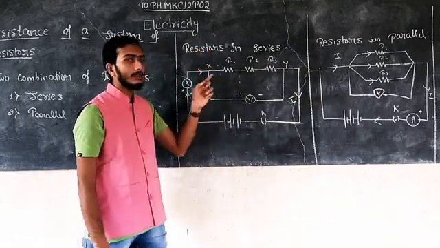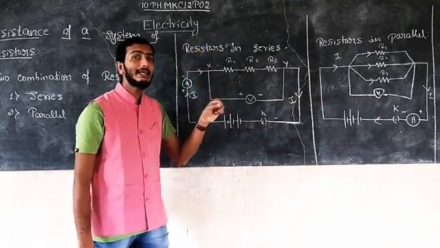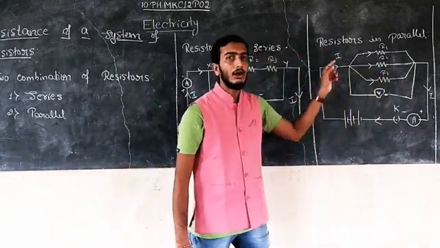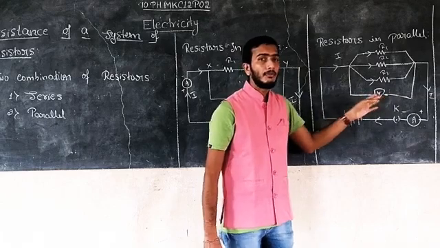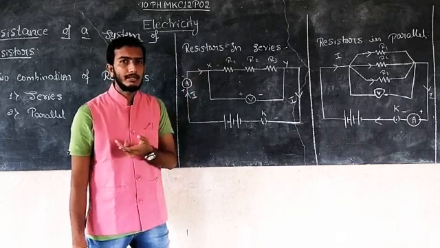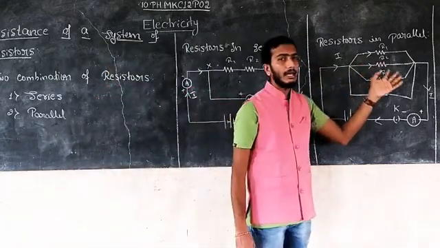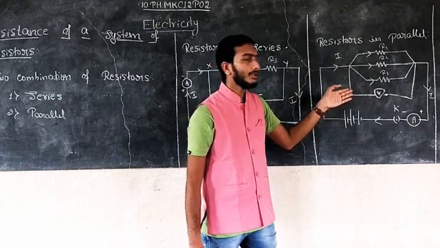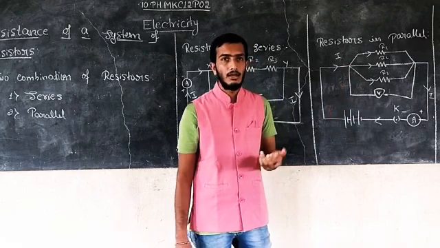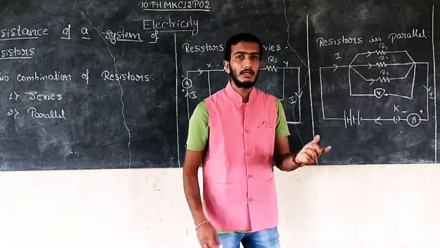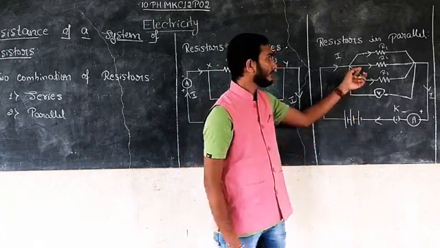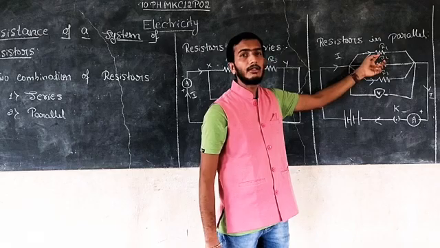In series, the resistors are connected end to end. But in parallel connection, all the resistors are connected together. The main application of series connection is a straight line. The main application of resistors in parallel is in our house, right? Different bulbs have different switches, but the supply voltage is the same.